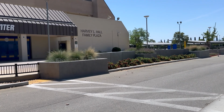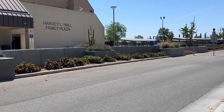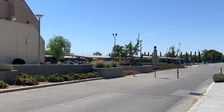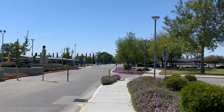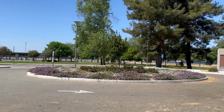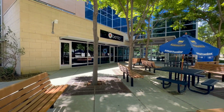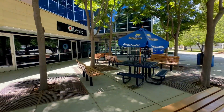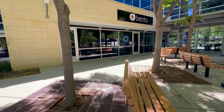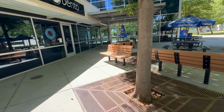And then let me show you the other parking spaces that I was talking to you about. So it's all this behind there. And we're back over here once again by Bento. And just so I can show you a little bit more about the area here, you have your nice benches here where you can sit down,